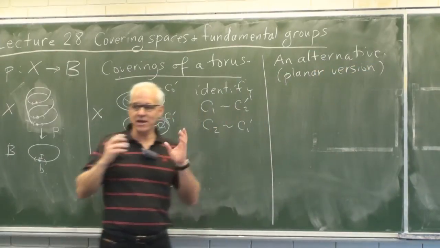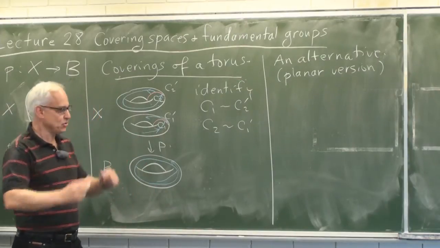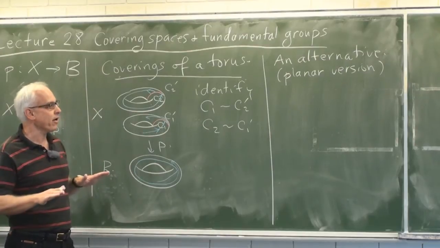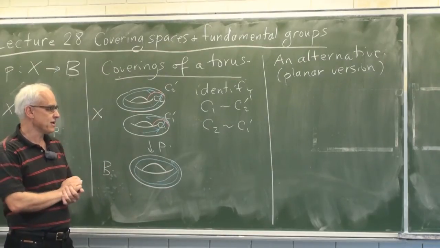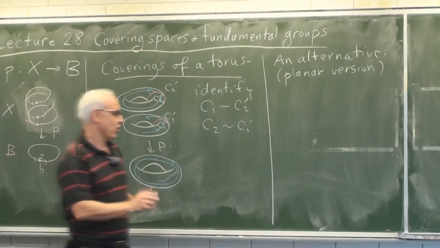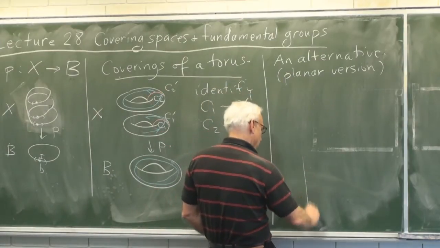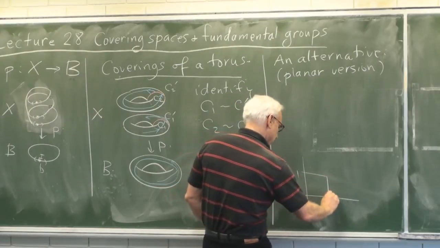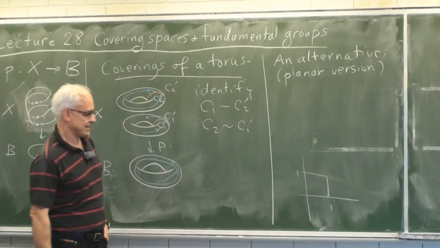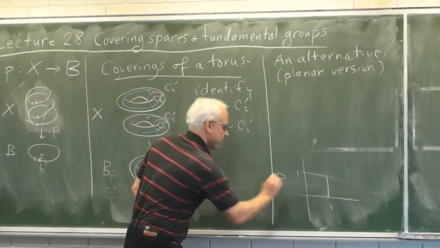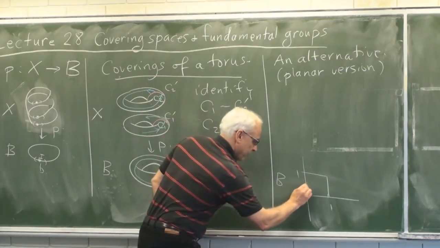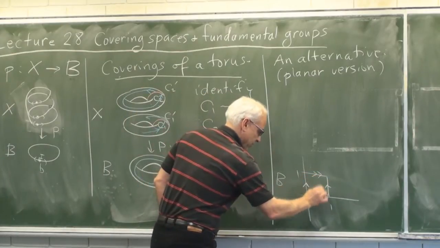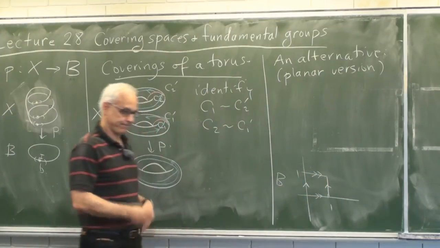Right, so we were now going to think of a torus not as being a usual donut in 3 dimensions, but rather just as a planar square with appropriate edges identified. So the base space now, kind of working in the plane, is 1, 1. So maybe there will be our base torus, call it B. And it has the property that that edge is supposed to be identified with that edge, and this edge is supposed to be identified with this edge.